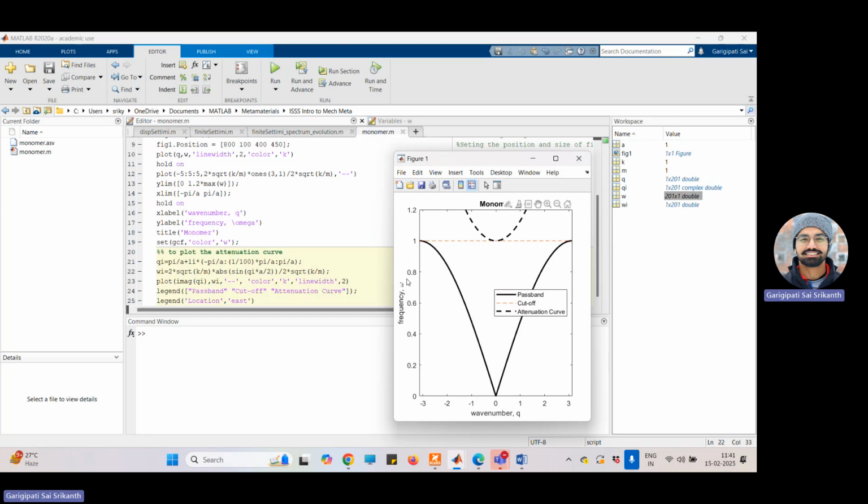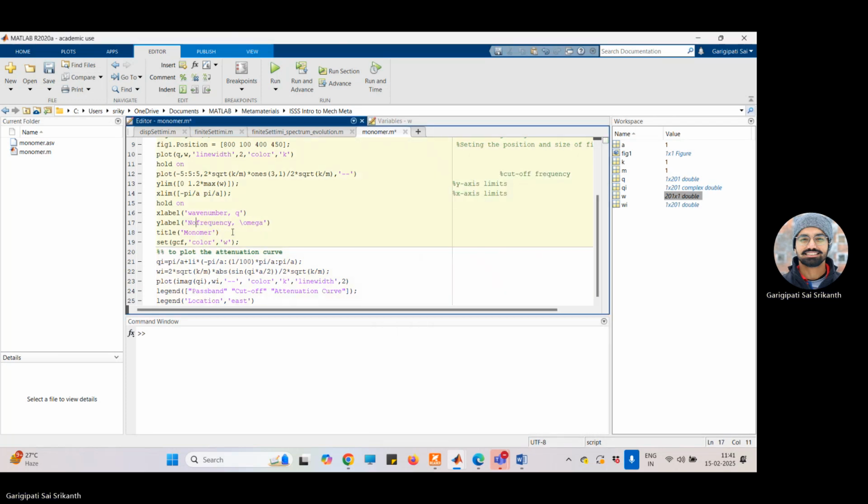However, this Y label is wrong. It is normalized frequency, omega by omega, what do we call it? Of